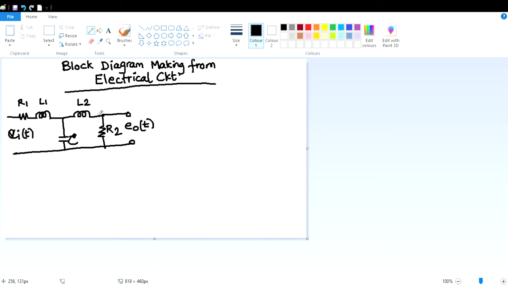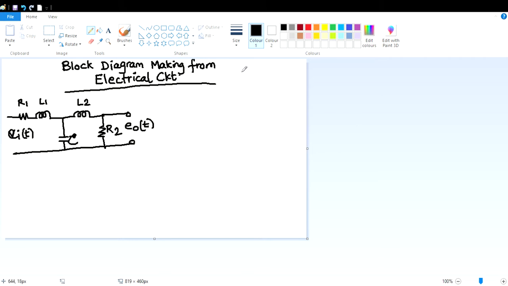We know how to get the transfer function from an electrical circuit. Today we are going to discuss how to get the block diagram from this electrical circuit. Now what I want to mention: if you want to draw a block diagram from an electrical circuit, what measure will you take? First, I will advise you